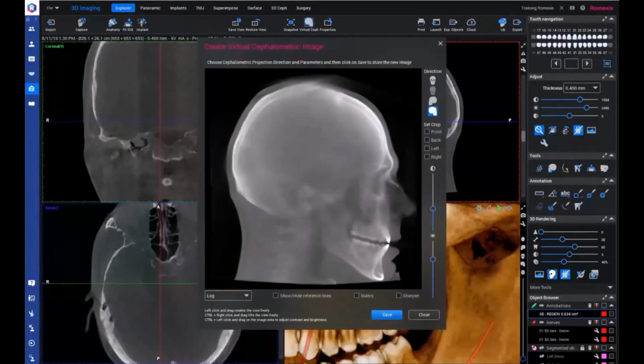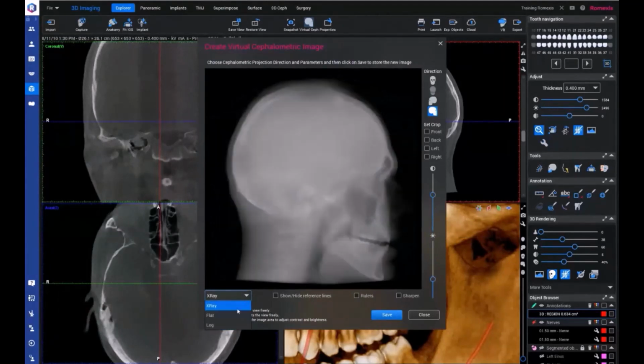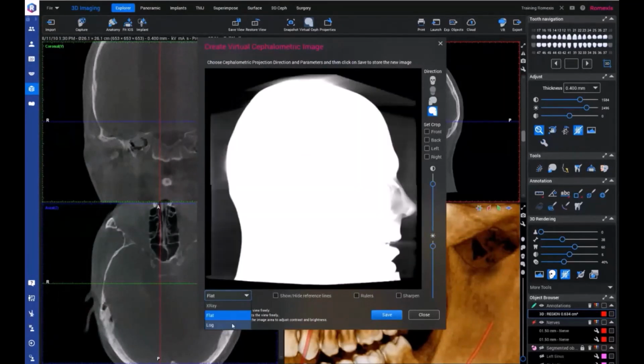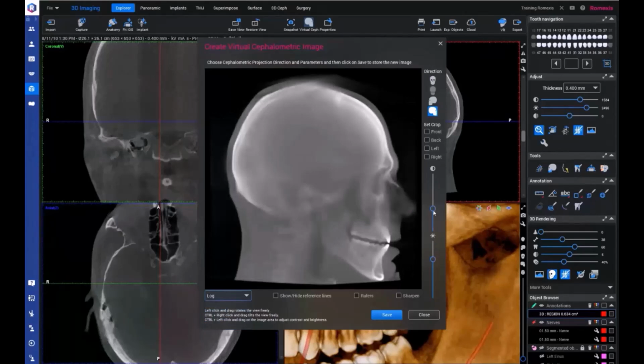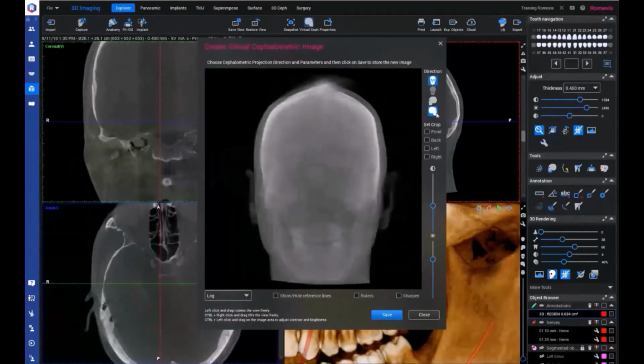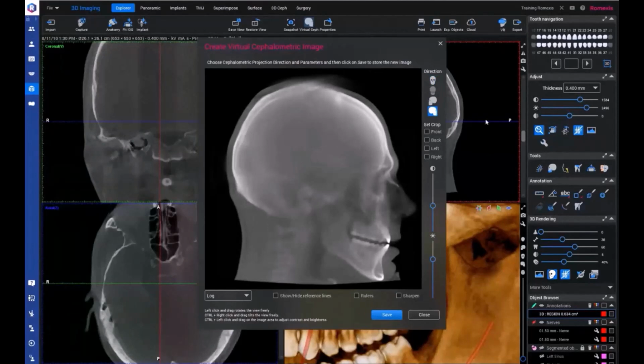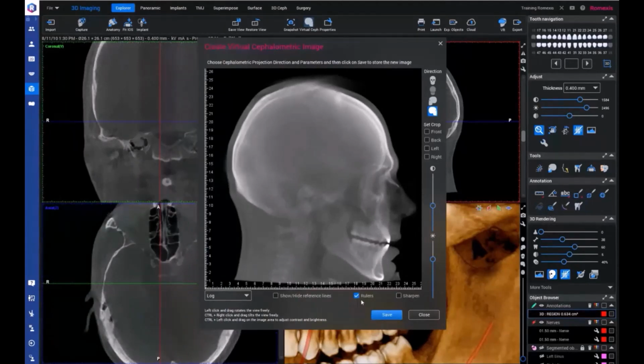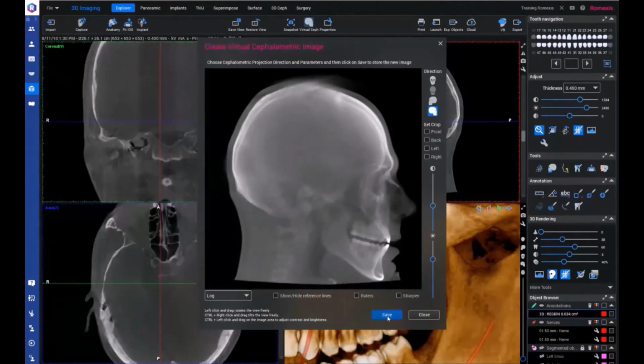So Romexis opens up this dialog where there are a few different filtering options that you can select from here and adjust the contrast and brightness, of course, for those as well. And select if you want a PA direction or lateral, and if you want it from the left or right side, or if you want to do left and right. But basically, you just select the things that you want from here. You can add the rulers even, and you click save,